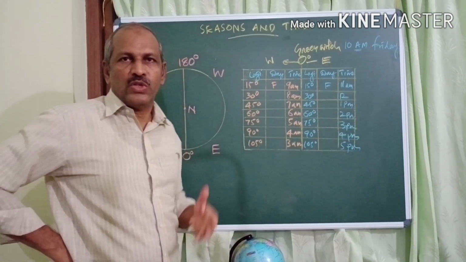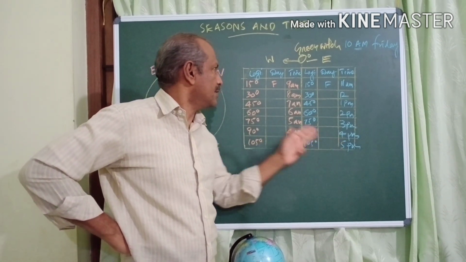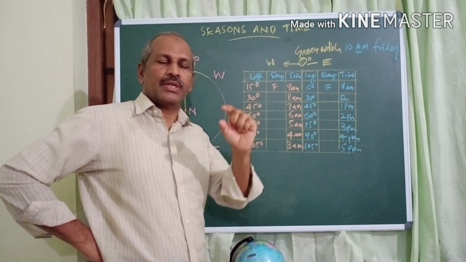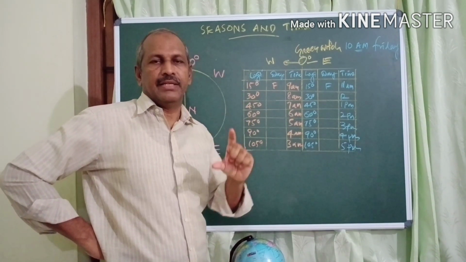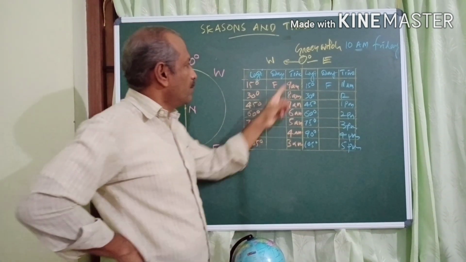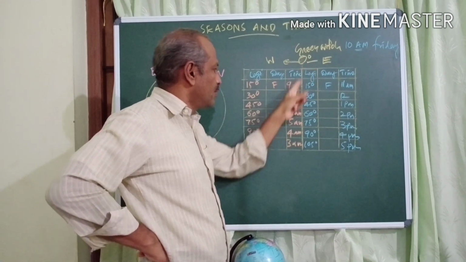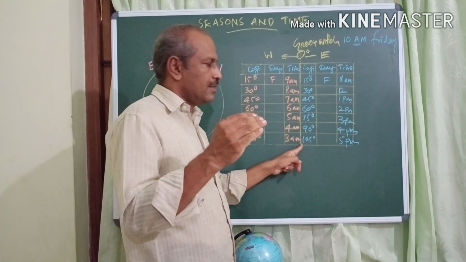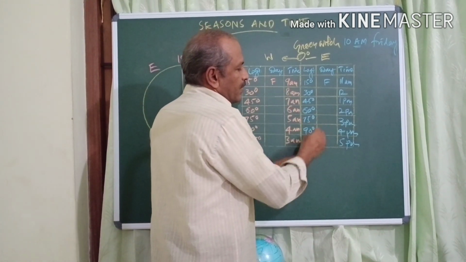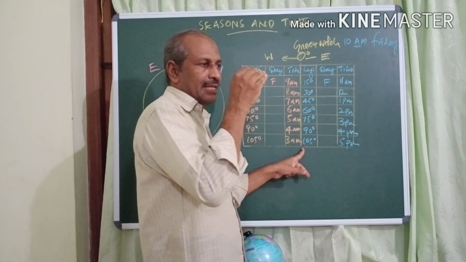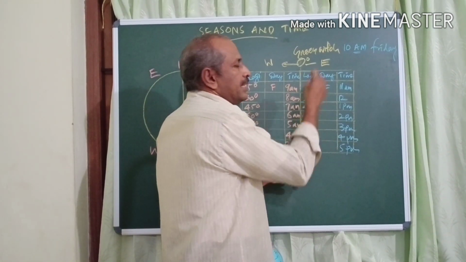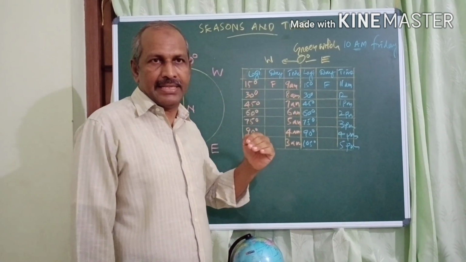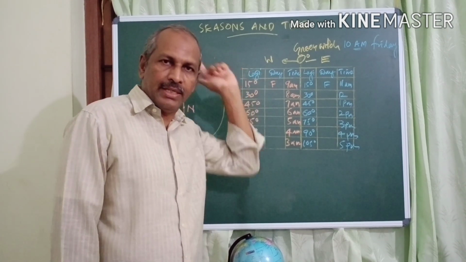In your previous class, you learned that time increases towards the east and decreases towards the west. Earth takes 4 minutes to rotate 1 degree, and to rotate 15 degrees, Earth takes 1 hour. From a definite longitude, say 0 degree longitude, time is estimated to increase by 4 minutes for every 1 degree of longitude, or by 1 hour for every 15 degrees. And to the west of it, time is estimated to decrease by 1 hour for every 15 degrees of longitude.